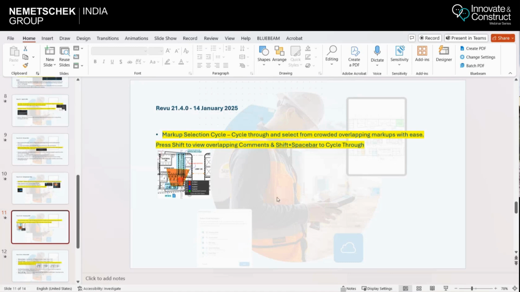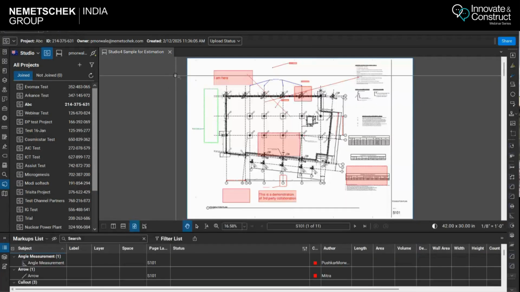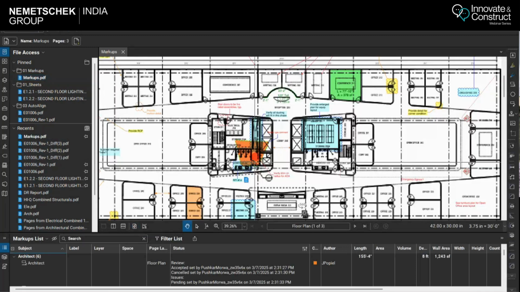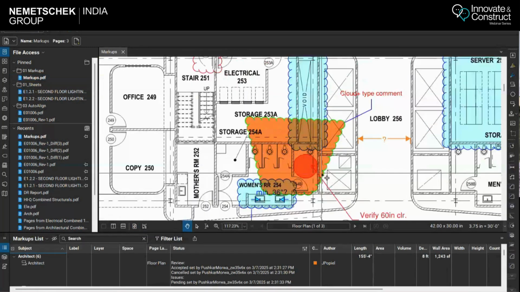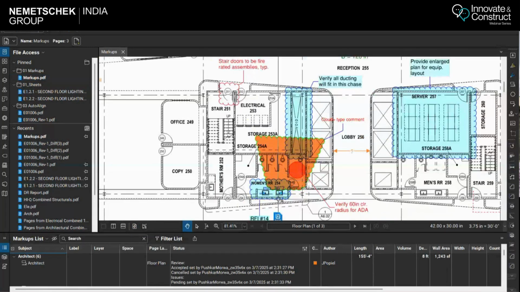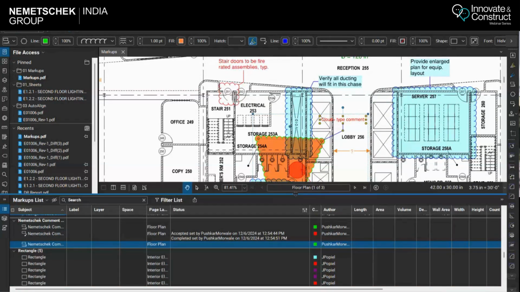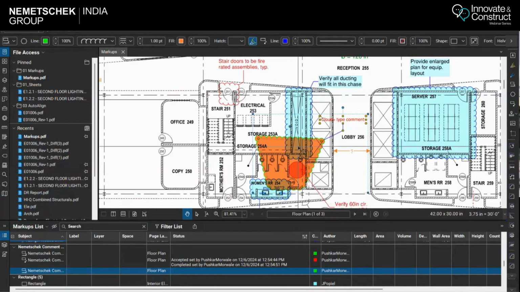Then in 21.4, what was introduced is markup selection cycle. Many times what happens is you have multiple markups on top of each other. You can see over here itself, there are about four markups on top of each other. Whenever you are clicking somewhere, you are not very sure which markup has been chosen. Then again, you will have to go on searching either over here or